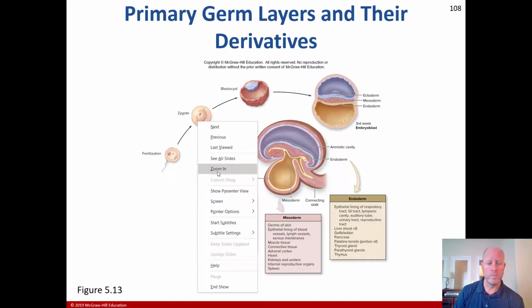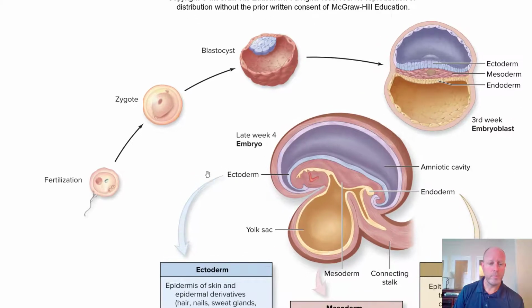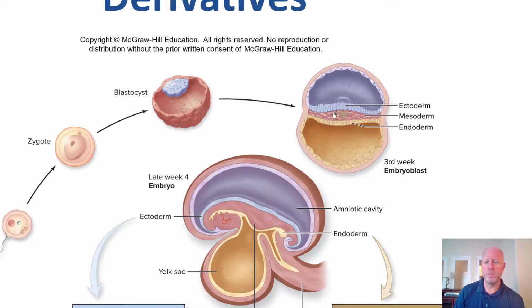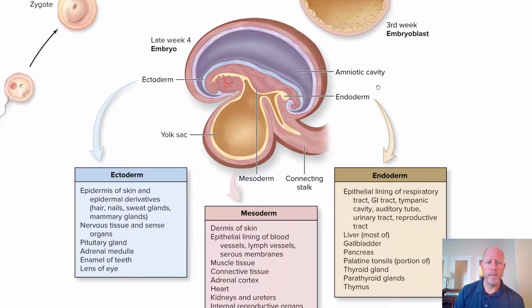So here we go. I'll get a better look at it now. So we see a fertilization, come the zygote, then a blastocyst. You see with the embryoblast in the 3rd week, we have the ectoderm here, and the mesoderm and endoderm. Late week 4, we have an embryo, and you see an ectoderm here, separating that from the endoderm being the innermost, okay, and the mesoderm being between, with the amniotic cavity connecting the stalk here and the yolk sac of